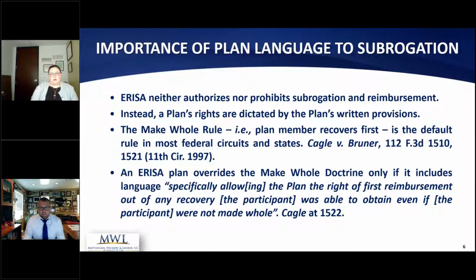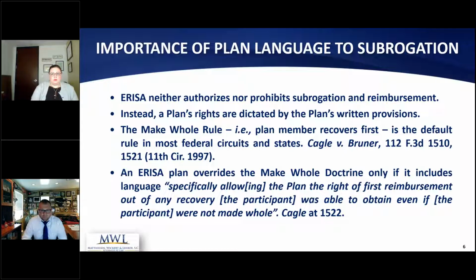So maybe the main argument that we run into, probably the most common, right, is that the plan participant was not made whole by some recovery. The made whole rule is kind of a default rule in most states and most federal circuits. So if your plan doesn't have language that says it has a first right of recovery, and it doesn't matter whether the participant was fully compensated or made whole, you're going to run into problems with getting around